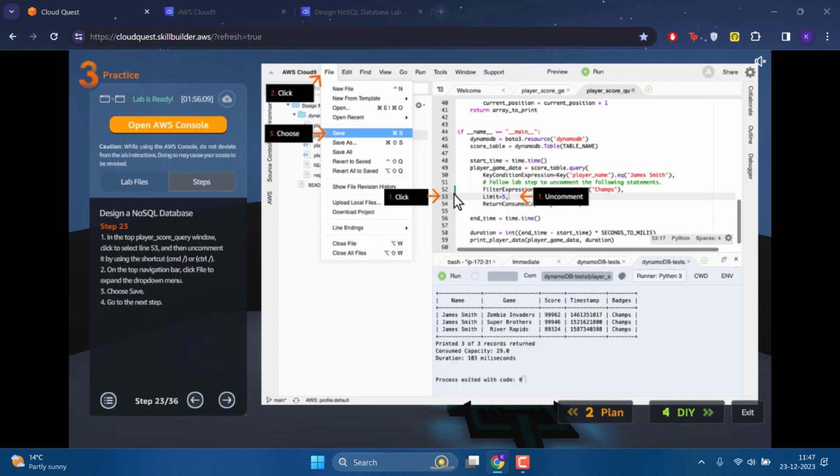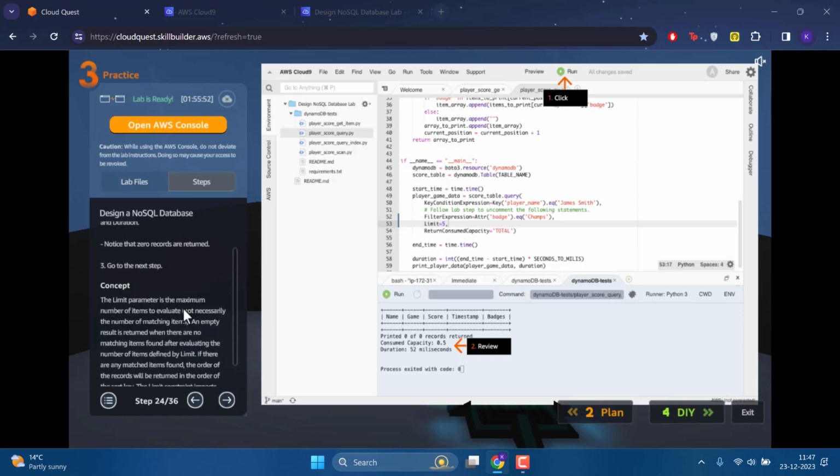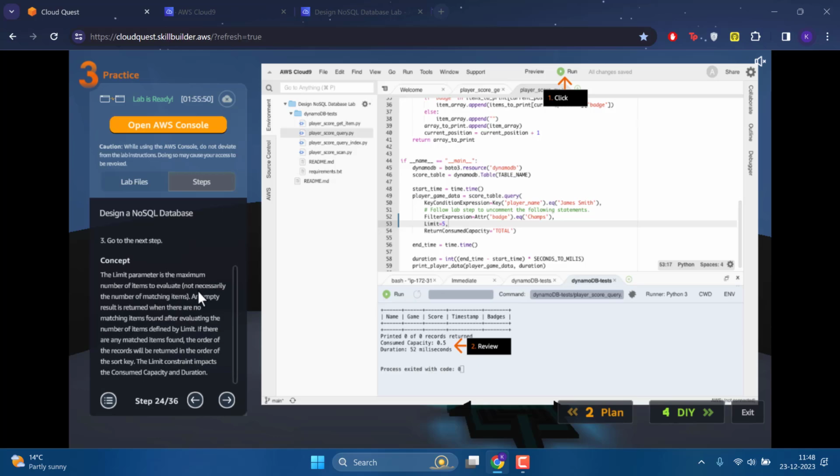Then they are asking us to what? Uncomment limit equals to 5. Okay, which we can do, but it won't help much here because we only have 3 records. All right, once we do that, okay, the limit parameter is the maximum number of items to evaluate.